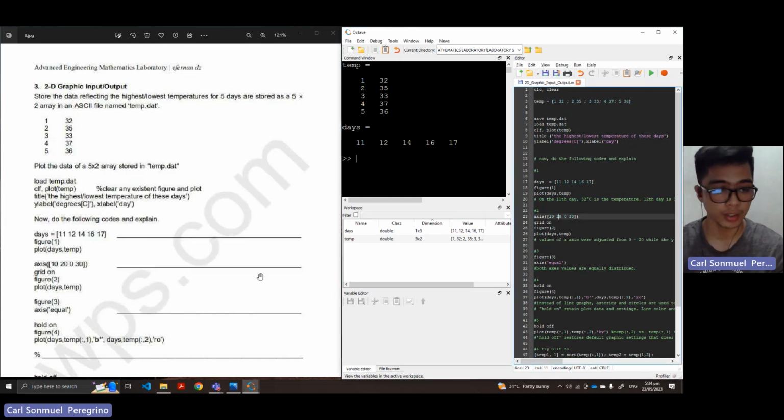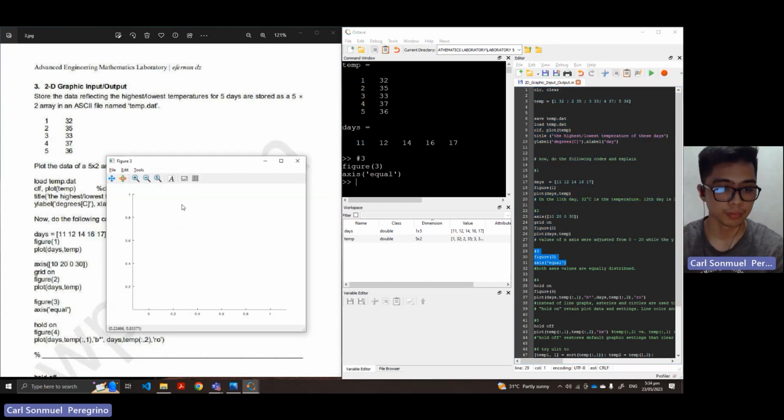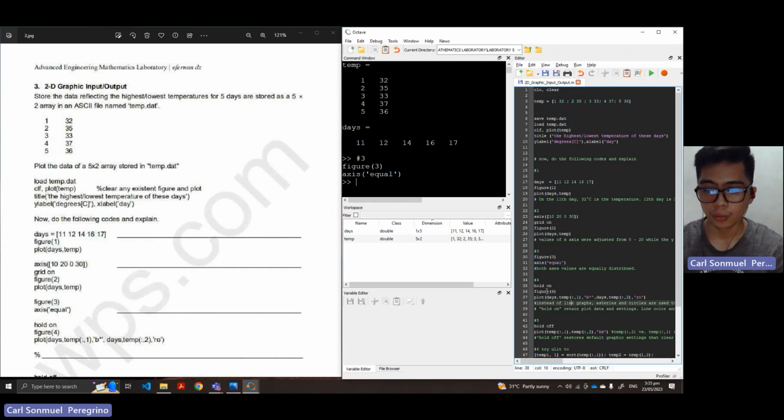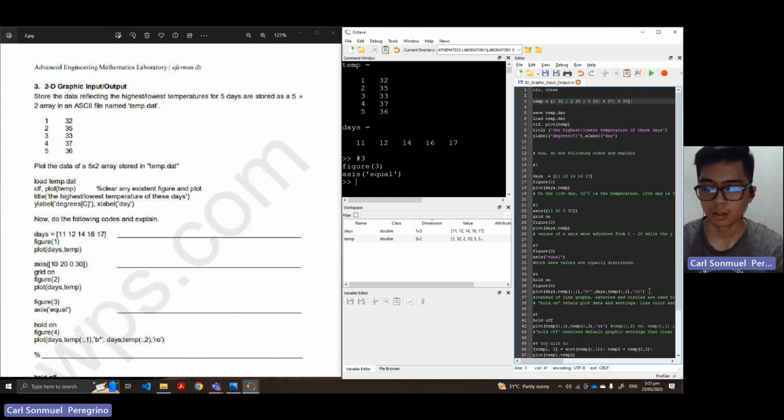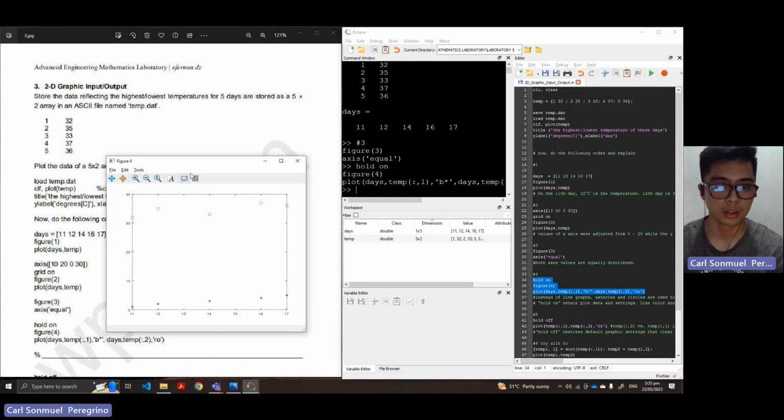So next is the figure 3, axis equal, meaning there will be an equal axis on both sides. Let's try to run this. Run and selection. So you can see it displays equal values of x and y axis from y and x. So for this figure, hold on, figure 4, plot days. So on this, check on this and selections. You can see